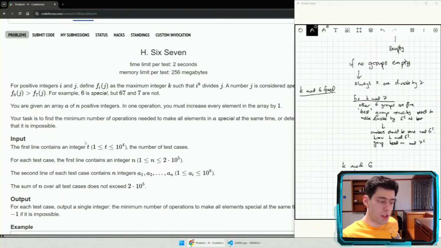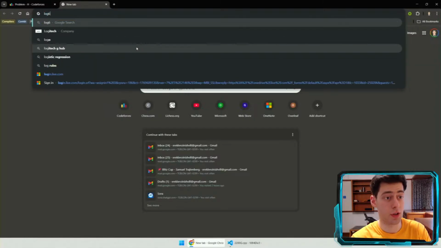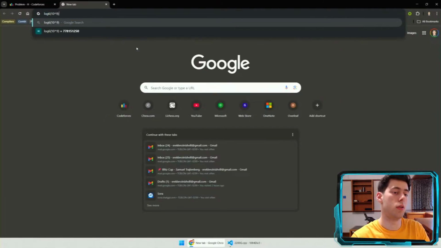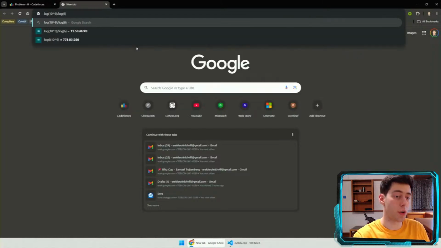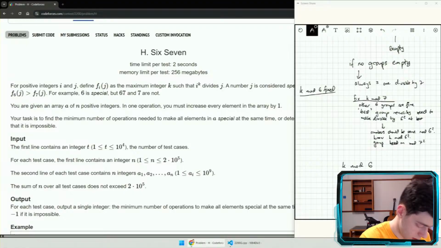So let's look at how big this problem is. All the values are up to 10 to the 9, which means the highest power of 6 we could have is log base 6 of 10 to the 9, which is up to 11. So we could have up to 6 to the 11 already. And because of the number of values we have, which is 2 times 10 to the 5,